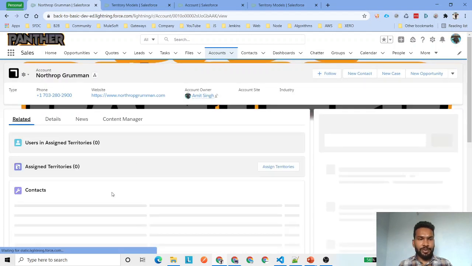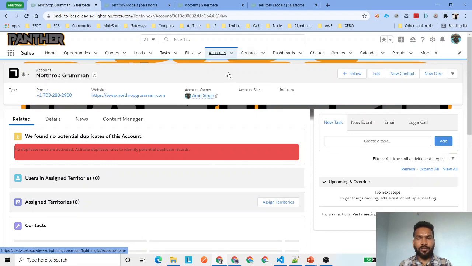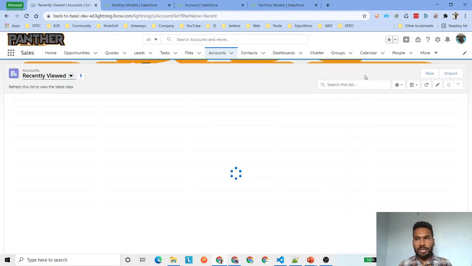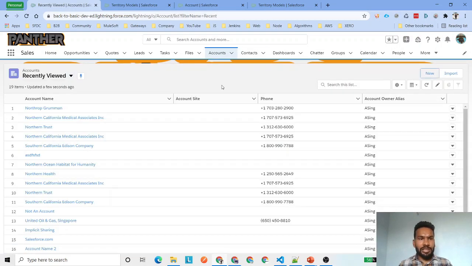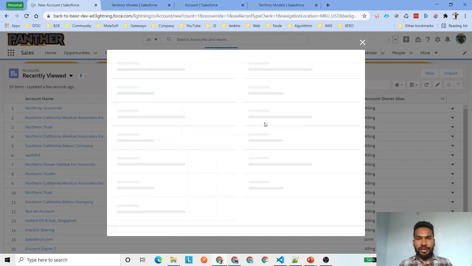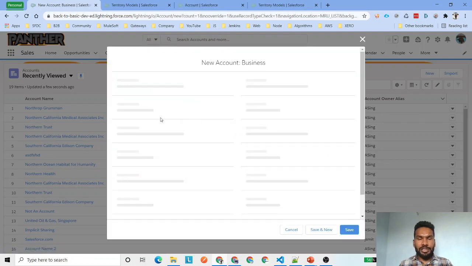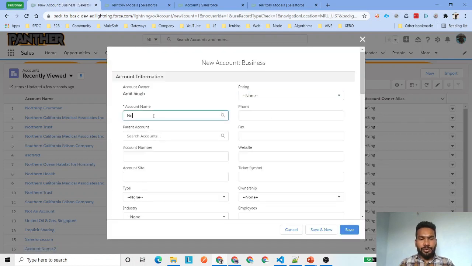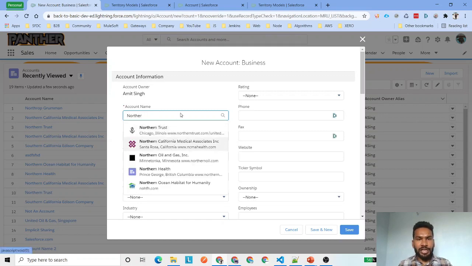I did test this a few seconds ago with the same scenario and it's working, but let me show you again. I will say here next, and I will say northern. And then I will also show you the southern part as well.